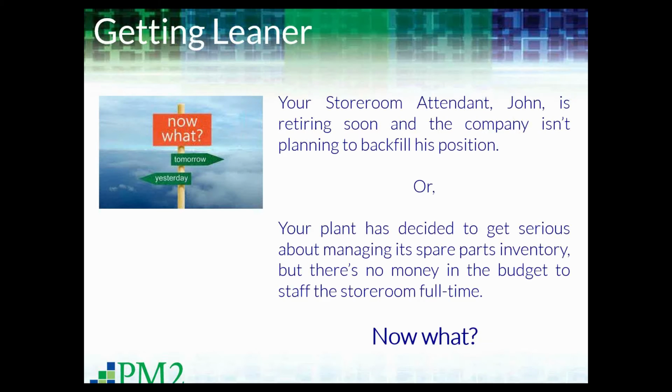So, an interesting cross-section of where everyone is here in the audience in terms of deciding whether to do it or being in the process. Hopefully this is timely information for you. There are many reasons that a company might decide to go to a self-serve storeroom. Here are a couple of common examples we hear: you might be losing the storeroom attendant. Maybe this person has been there for many, many years, and now he's retiring, and the company's decided not to replace that